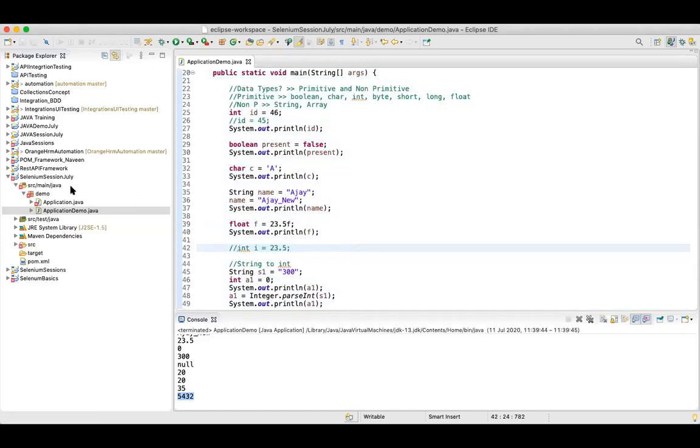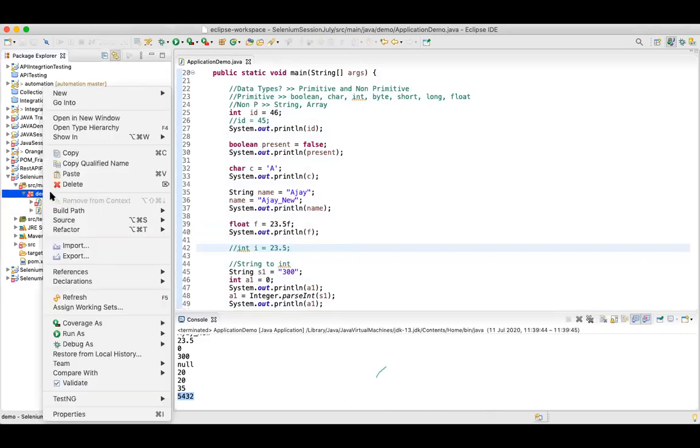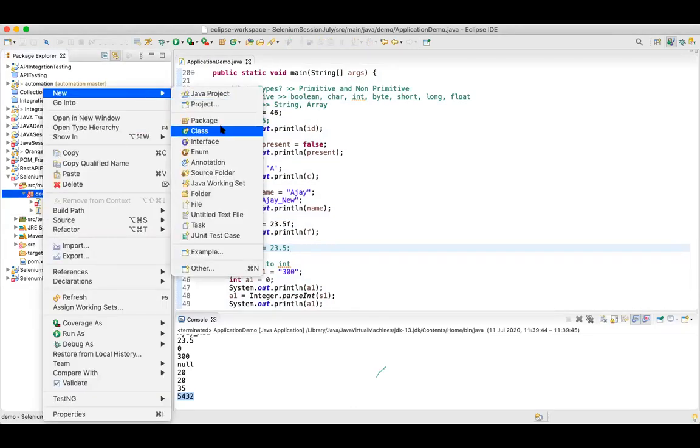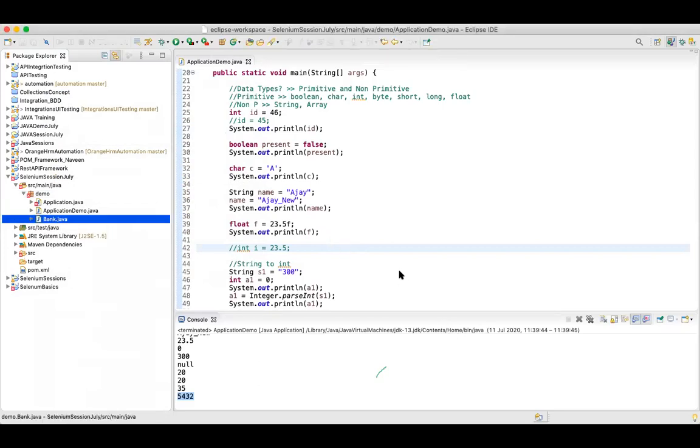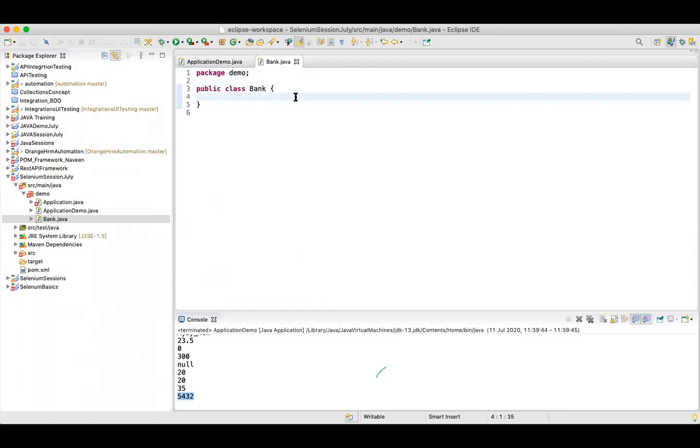Now let's try to have one more application, one more Java class, and I'll say this is my bank. This is my class, and this is my bank. Now let's simultaneously see how you create a method.